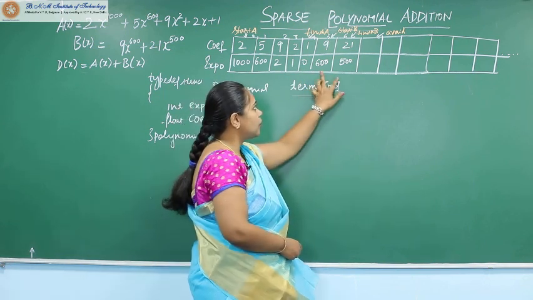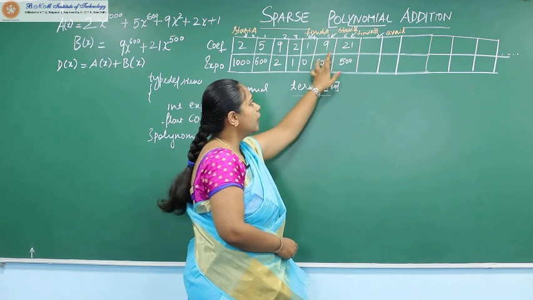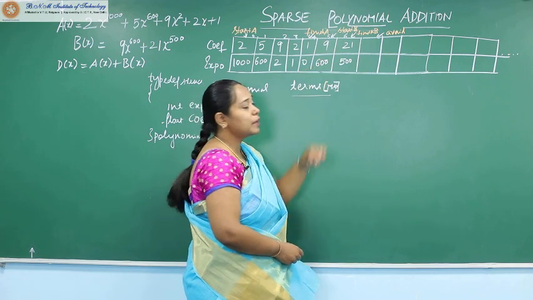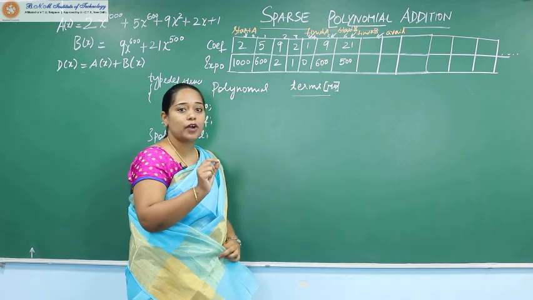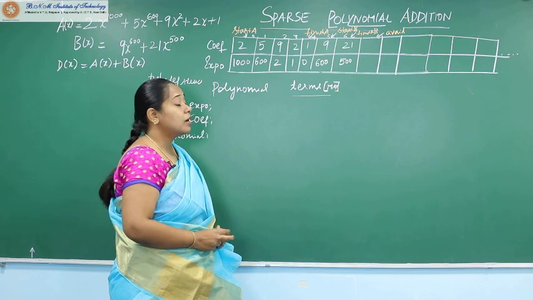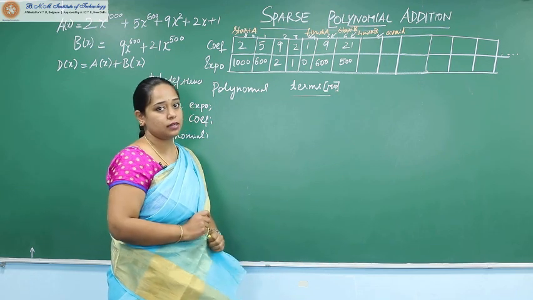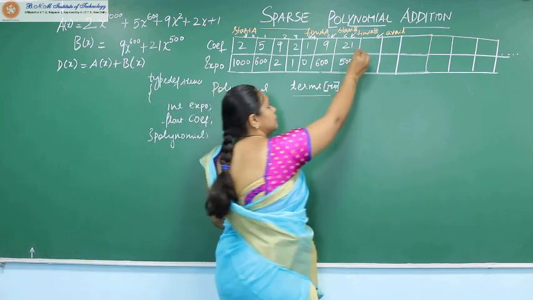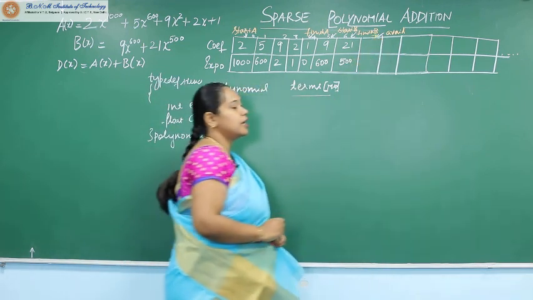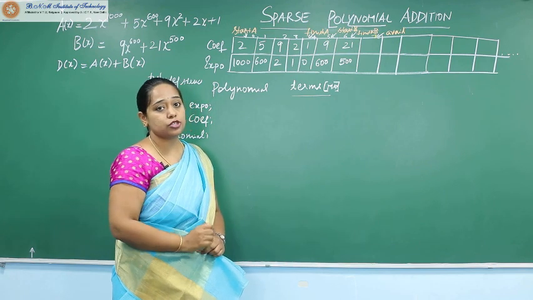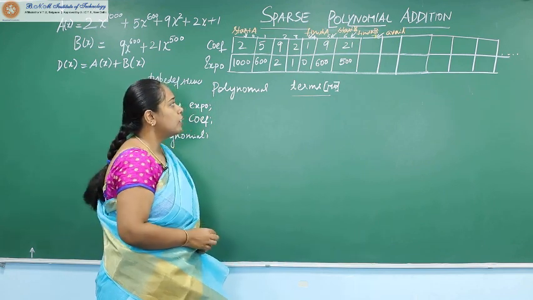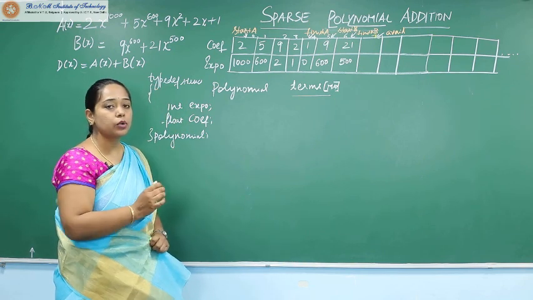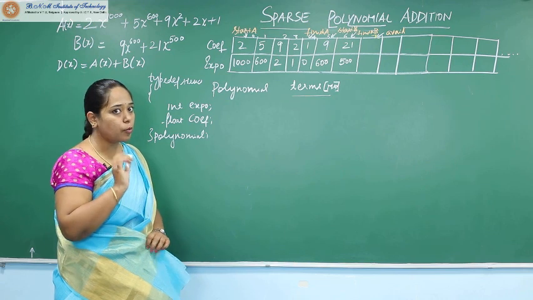Now coming to polynomial B, we have only 9x power 600 and 21x power 500. So similarly, we have startB and finishB whose values are 5 and 6 respectively. Now there is a special index called avail. Avail in this case is 7. So 7 indicates to us the next available position in this 1D array. Now how do we really do the sum of it? Let's start writing the code as to how to compute the sum of these two polynomials.